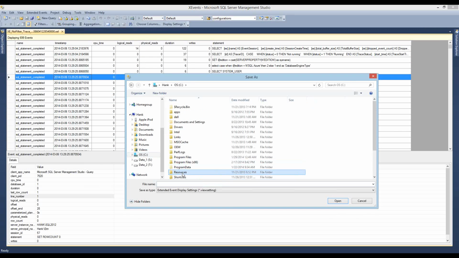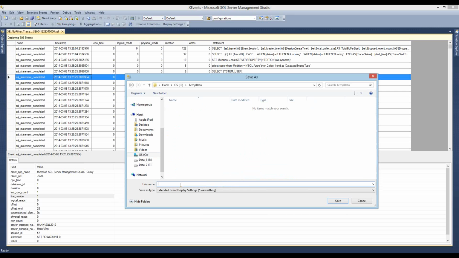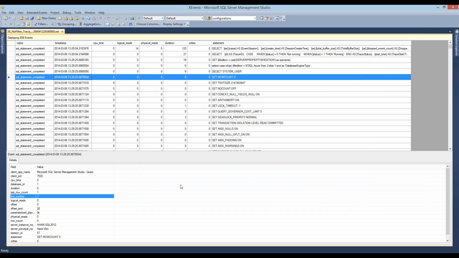Let's go to my C drive and down to temp, settings, favorite. So now, every time I open an XEL file, I can go to Open Recent and open up a pre-saved format that I like. It's just a .view setting file. So you can customize these based perhaps on what events you're capturing.